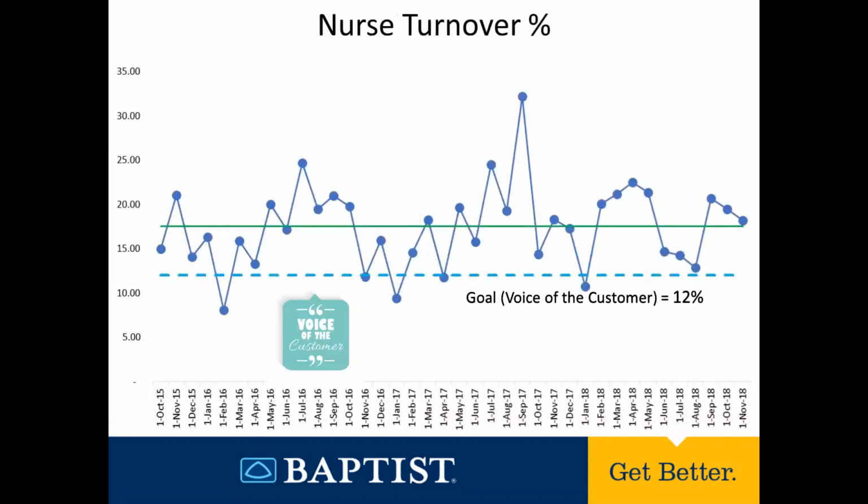Remember from past videos that this is a simple run chart, and it's a graph where one scale represents time and the other scale represents values of the measure of interest. Now that solid green line that you see on the screen is the average of those values. This is a run chart of the voluntary nursing turnover percentage each month for a hospital.